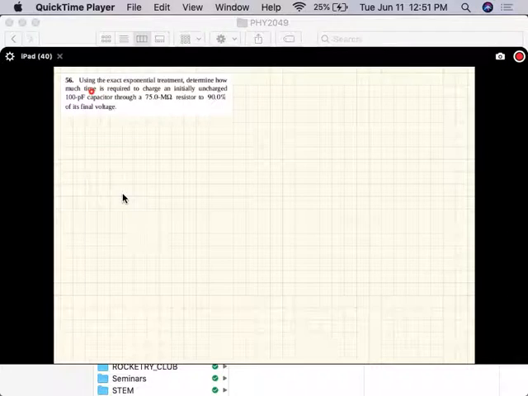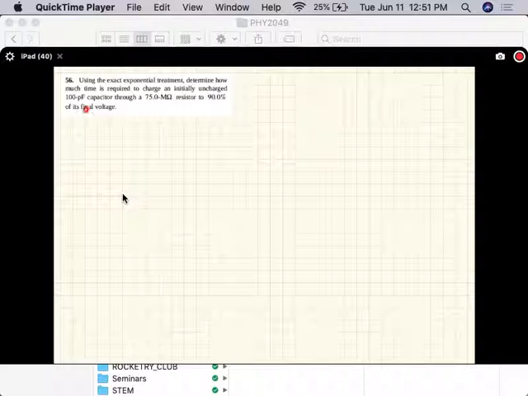So this problem says, using the exact exponential treatment, determine how much time is required to charge an initially uncharged 100 picofarad capacitor through a 75 mega ohm resistor to 90% of its final voltage. Okay, so